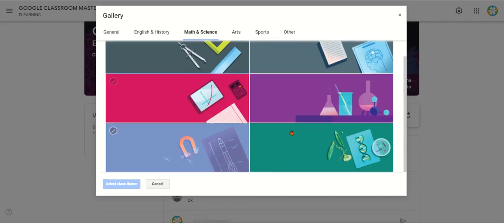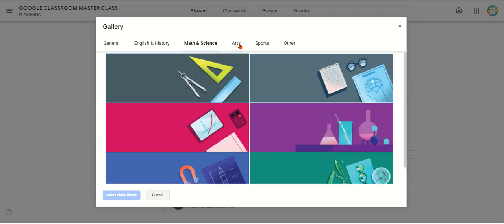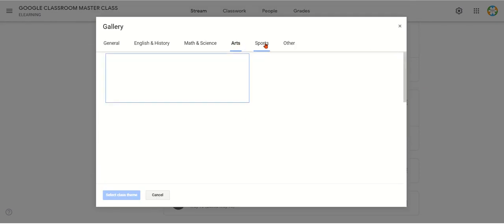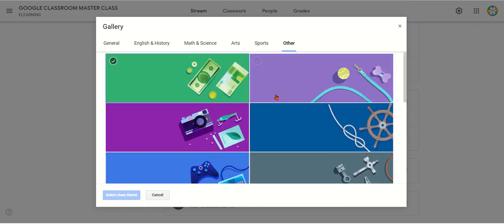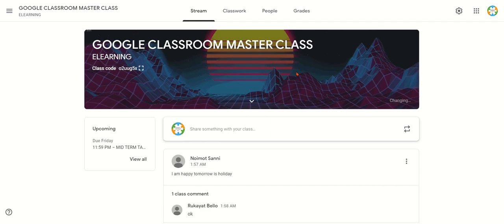You can see arts, sports, and others. You can select as many themes as you want that will fit in. So let me pick this. If I click this,